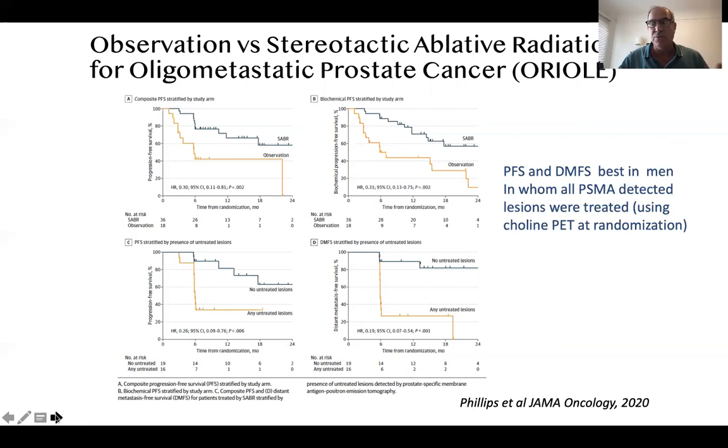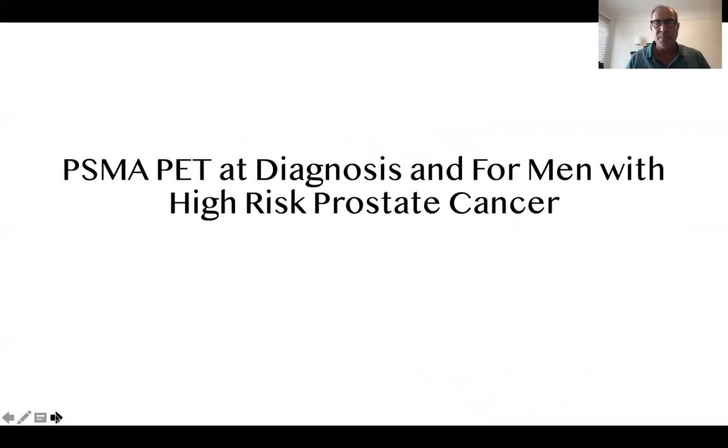And in patients in whom all lesions were treated, that is, no untreated lesion, the progression-free survival was significantly better than in those who had any lesions untreated, suggesting that with improved imaging and therefore more complete therapy, one may see continued improvement. So now I'll shift for the second half of this talk to PSMA PET at the time